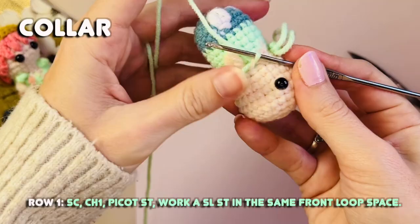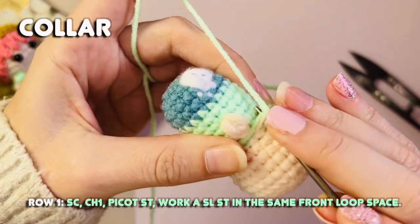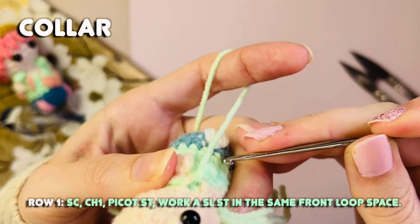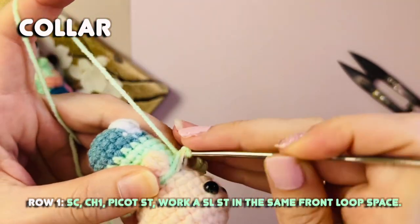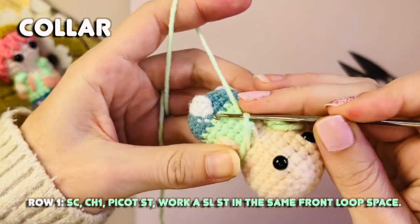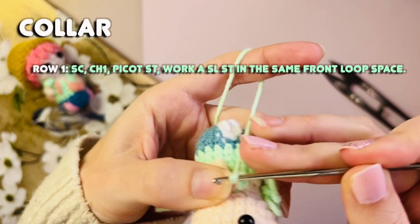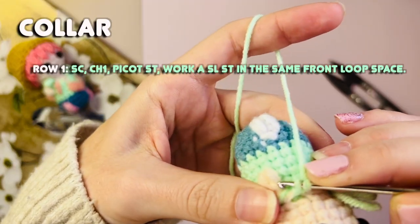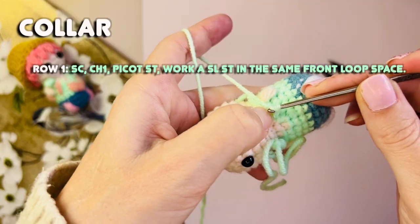There we go. Now you're going to chain one, make a single crochet stitch, weaving in that yarn tail as you make that single crochet stitch. Oh no. So let's do it again. Here we go. From here, you're going to chain one, then come into the side portion of that single crochet stitch, and then make a slip stitch or a picot stitch,